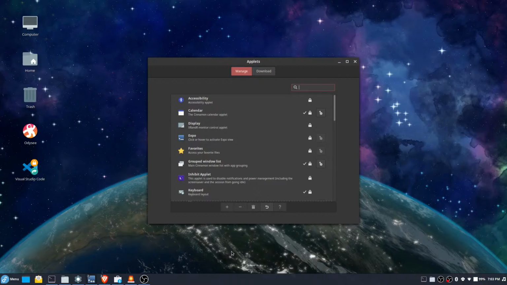Yeah, pretty good. Oh, that was fast. The applet will install very fast. Also, if you want to see your CPU usage and memory usage in real time, you can download that. There's one for it. And let's just wait.